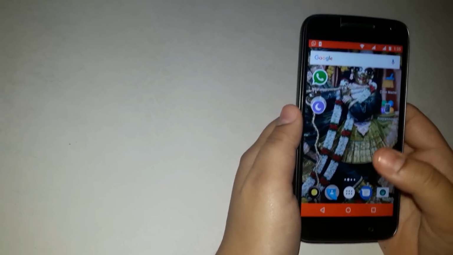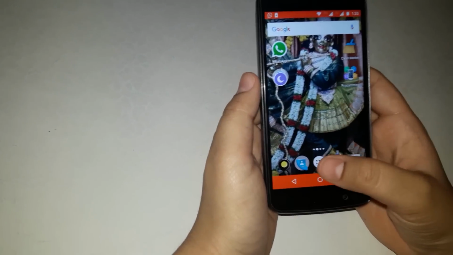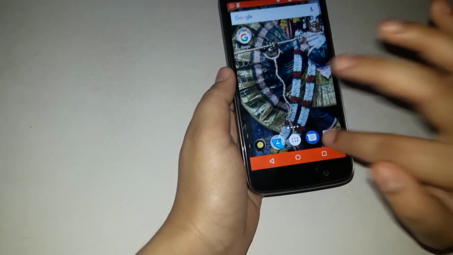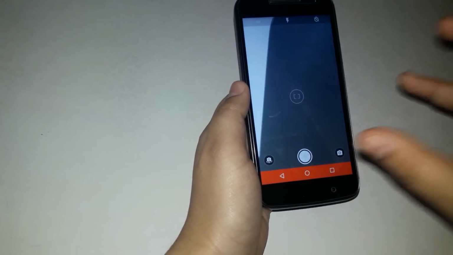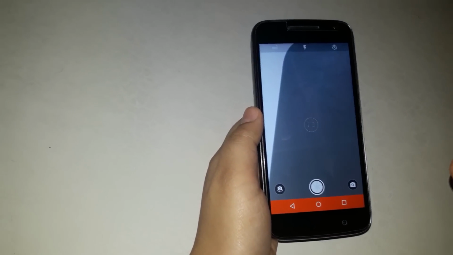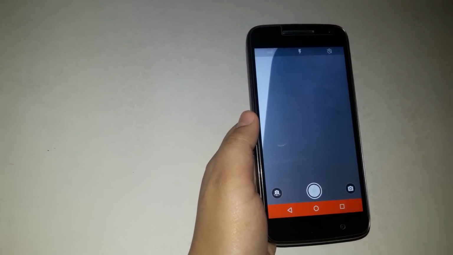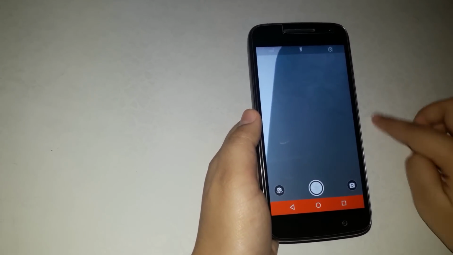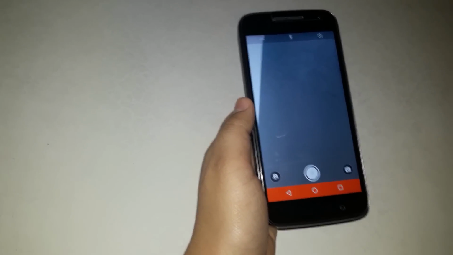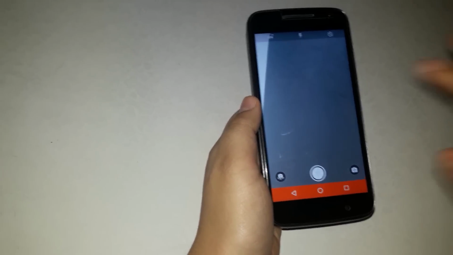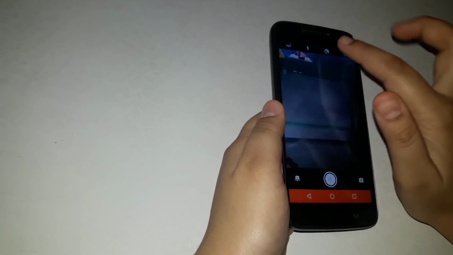Now the ninth one is the brightness. Suppose you are taking your selfie, or any photo. Sometimes you have to highlight a few things in the photo, or suppose you are taking a selfie and you have to make your cheeks bright. So one option is here. If you're taking a selfie, this option is here. As you can see, one option is given here. See, this option is provided here, one lady with some hair and all.